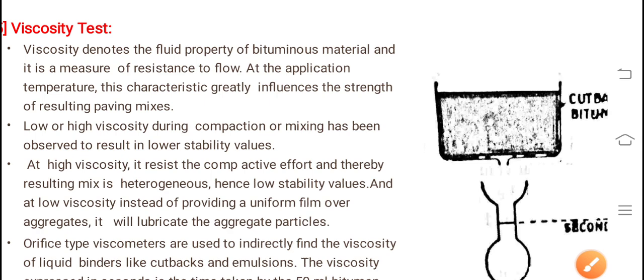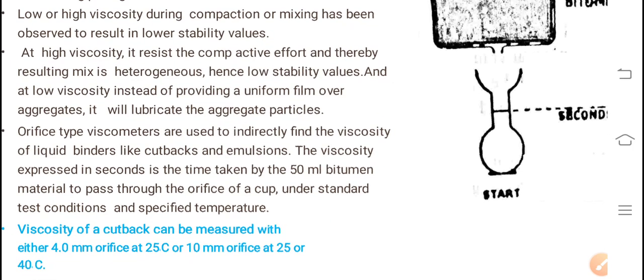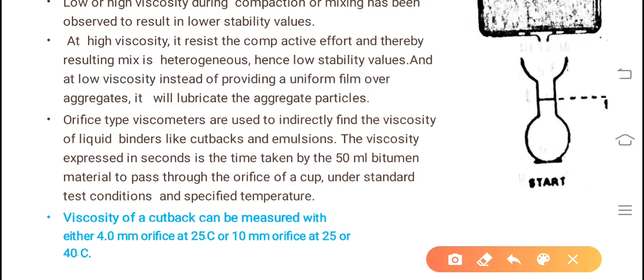Orifice type viscometers are used to indirectly find the viscosity of liquid binders like cutbacks and emulsions. The viscosity is expressed in seconds. So what is the time taken? It is the time taken to collect 25 ml or 50 ml of bitumen after the test is performed. The viscosity is expressed indirectly as the time taken by 50 ml of bitumen material to pass through the orifice, either 4 mm or 10 mm,